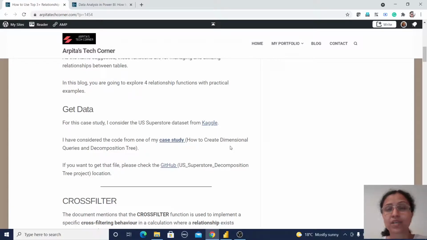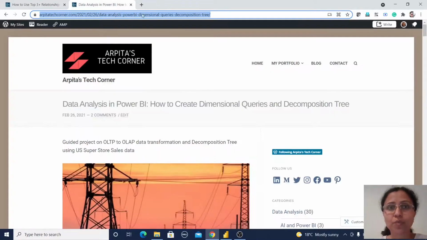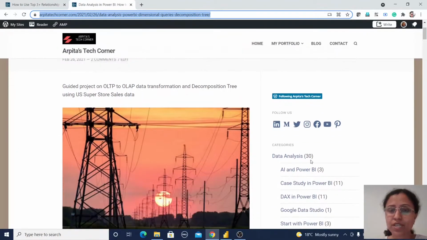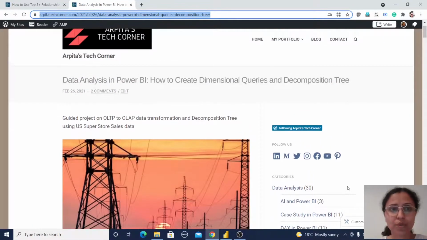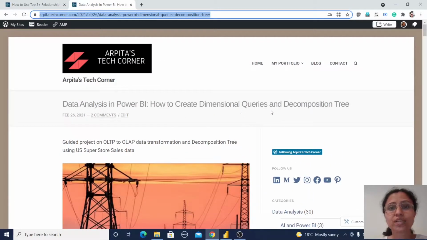That means there is a fact table and all the other dimension tables. If you want to go through that case study, you can find it in our data analysis and case study in Power BI, and this is how to create dimensional queries in a decomposition tree.